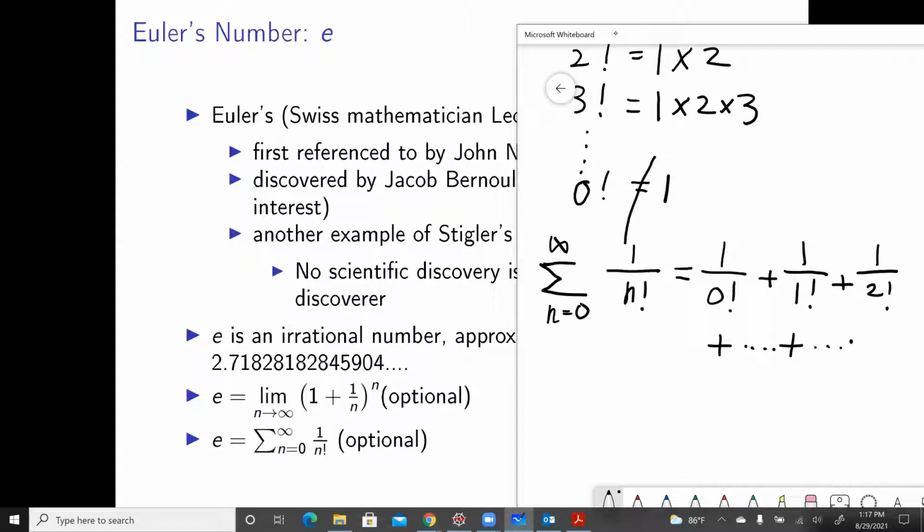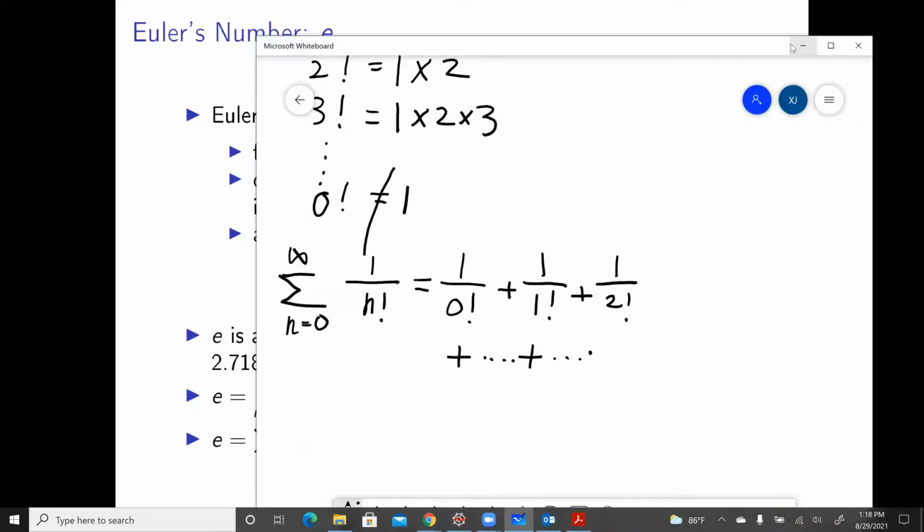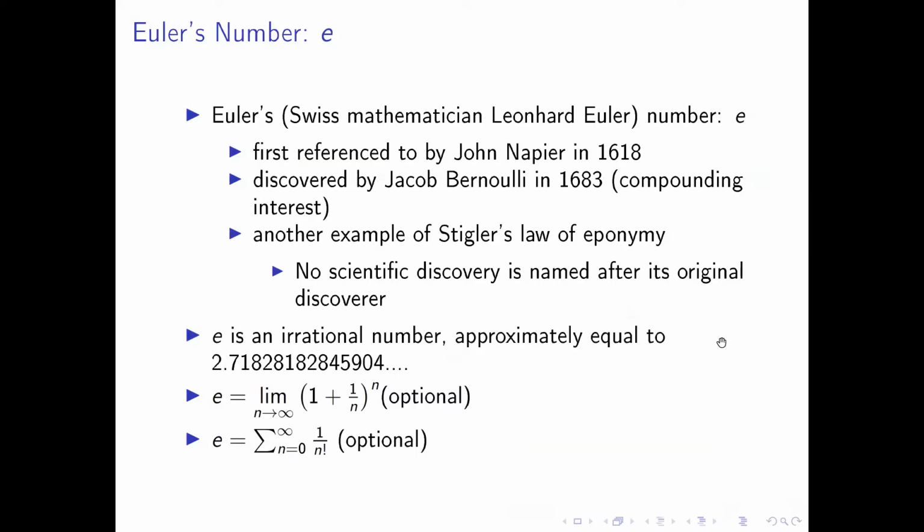Well, it continues forever. When we sum up all these 1 over some factorial, we'll get what? e. So both functions are going to lead to e, which is an irrational number,